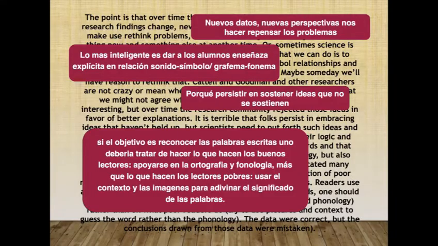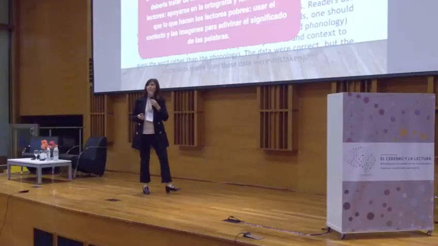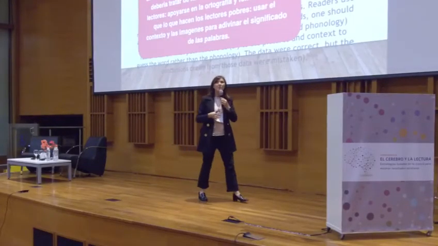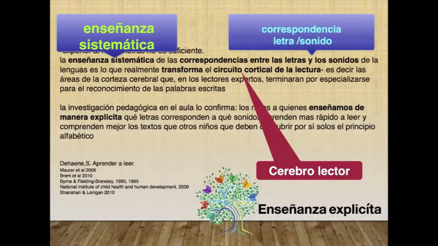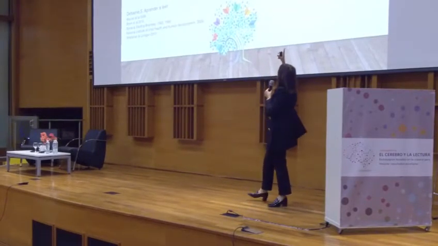The purpose or the objective is to recognize written words. We should try to do what skilled readers do, which is to rely on spelling and phonology, rather than what poor readers do, which is using the context and the images to guess the meaning. This is not a minor piece of information. What it basically says is that we have a linguistic brain and we have to turn it into a reading brain. I need a systematic teaching